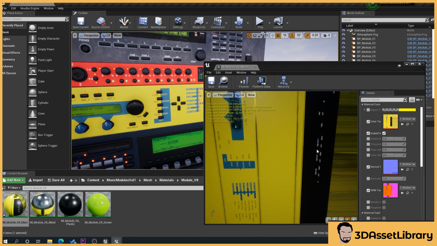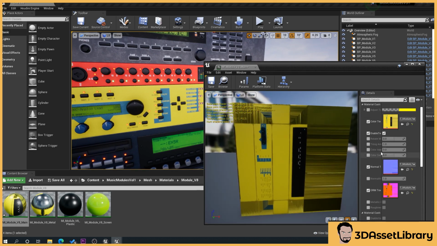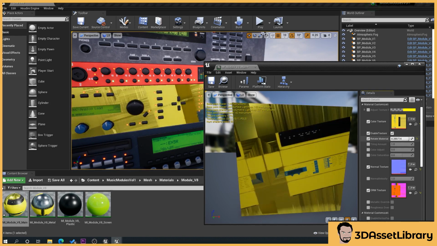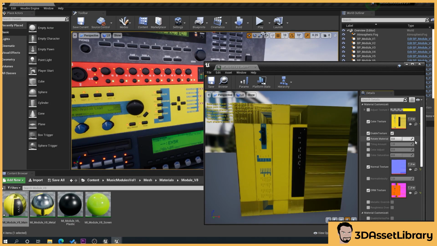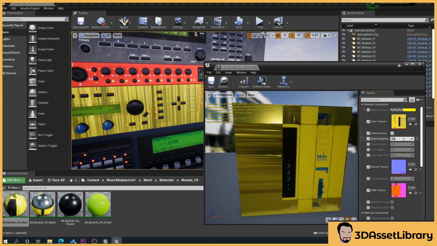So I can say, right, say I want to remove the saturation. I've created a little saturation node here, and as you can see, you can make it really yellow if you want. Set that back to there. We can say, well, I want to adjust the colour. Obviously, when using tiling materials, I've done something where you can rotate the material. So if you had a nice tiling material and it was going the wrong direction, you can switch that easily by, say, 0.5. That would make it switch it to 95 degrees.